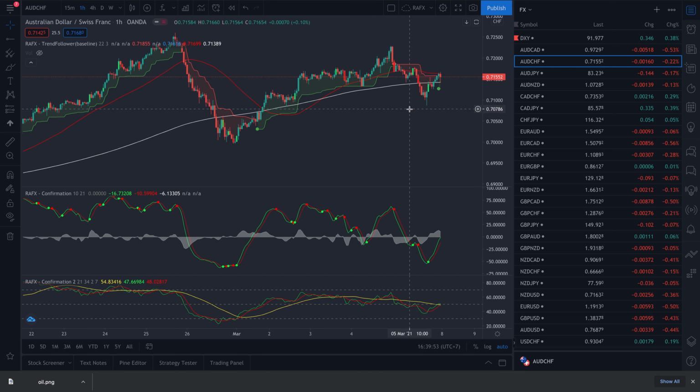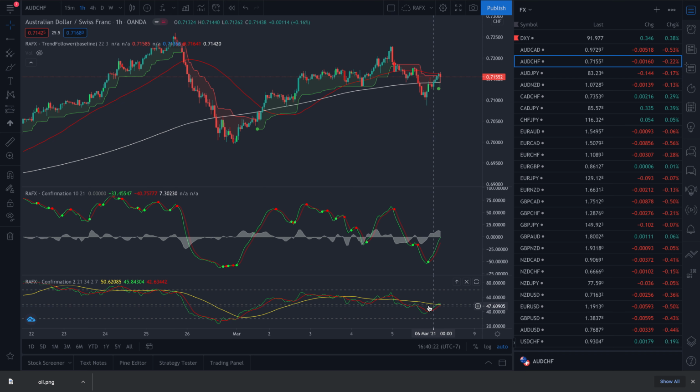In the 1 hour time frame, we have a long signal there, and it doesn't mean that we need to get in immediately, because we need to consult the confirmation. Confirmation tells us that it is also a buy, and confirmation 2 is not yet,